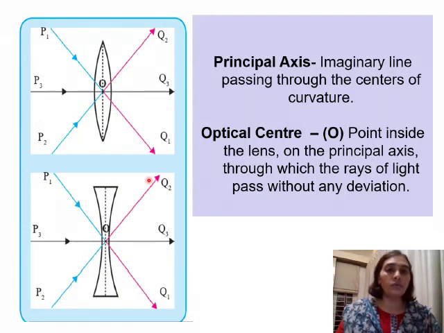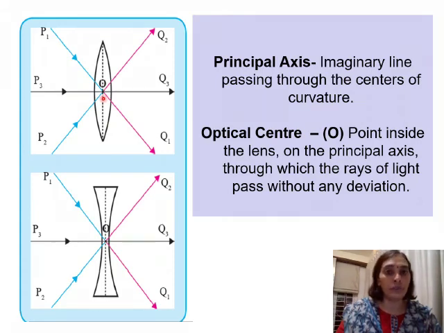Now why is this so? You must remember that the lenses that we are going to deal with are thin lenses. Whether convex or concave, the lenses are thin lenses. And in case of a thin lens, there is almost negligible refraction that is going to take place if a ray is passing through the optical center. Refraction does take place because lenses are made out of transparent material like glass or plastic. So refraction will take place, but because we are using thin lenses, the refraction is going to be negligible.